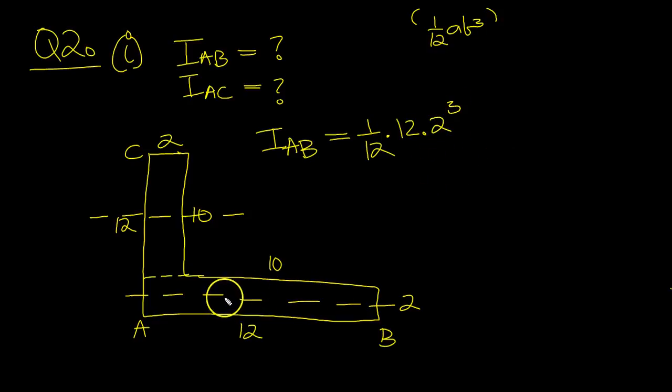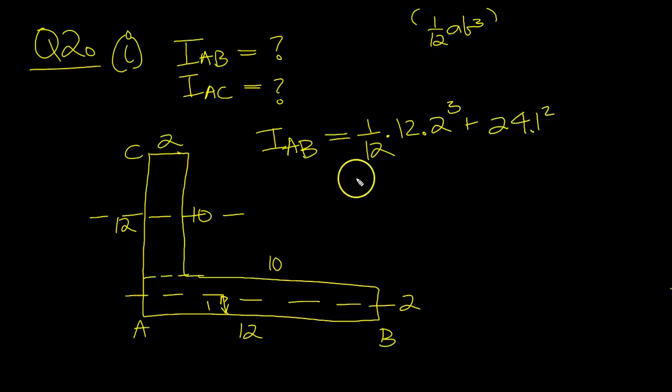Okay, plus A times H squared. So the area of this segment is 12 times 2, 24, times the distance, which is 1